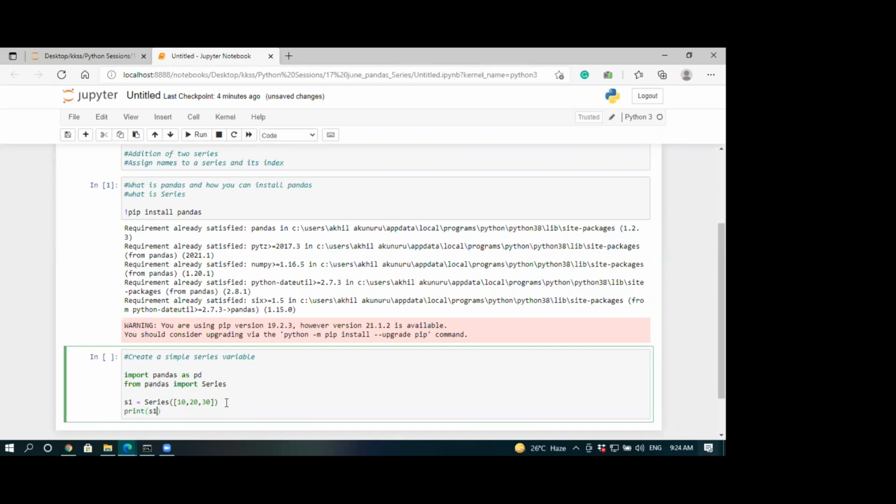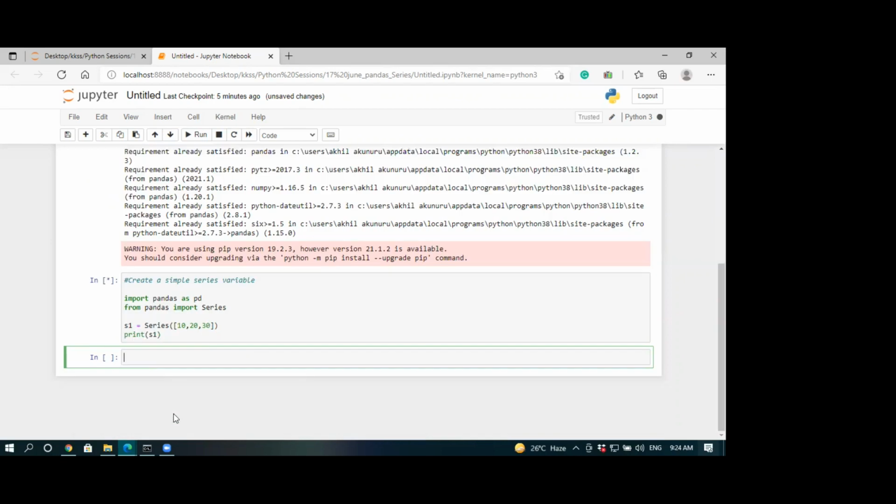Print S1. Now I can run it using this Run option, or I can run it by pressing Shift plus Enter. Now it's running. Let's wait for it to run.